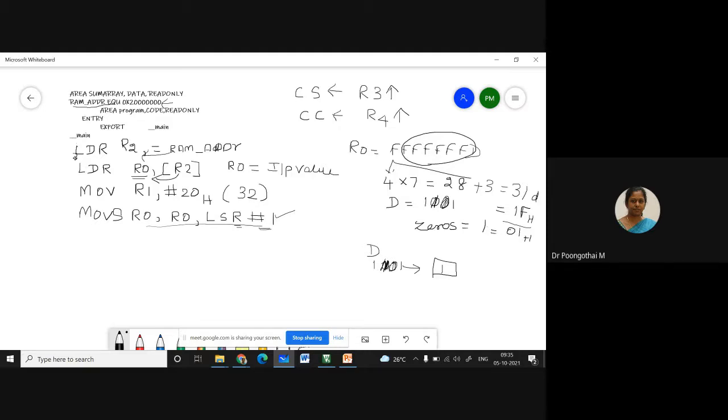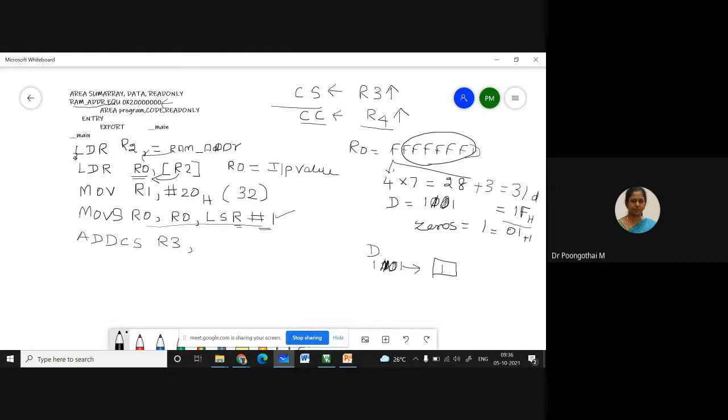Next, we have to monitor the carry flag status using this conditional attribute. If carry is set, you have to increment this R3 register by using the add instruction. And similarly, if carry is clear, if carry is not set, in that case you have to increment R4. So what is the instruction? Next instruction: ADDCS R3, #1.